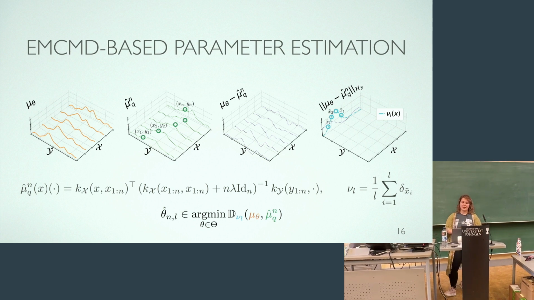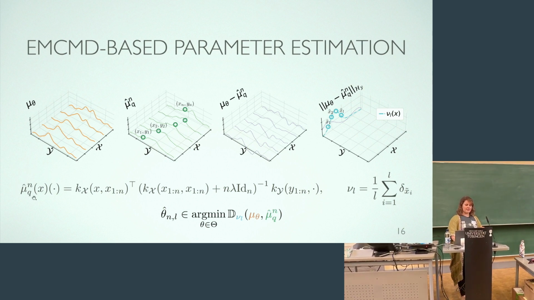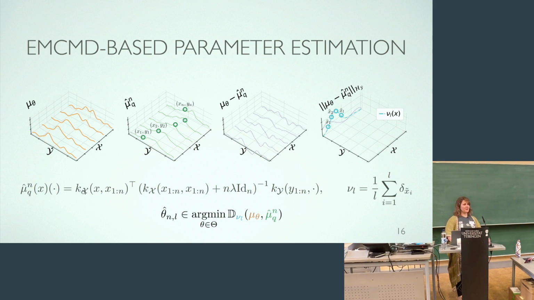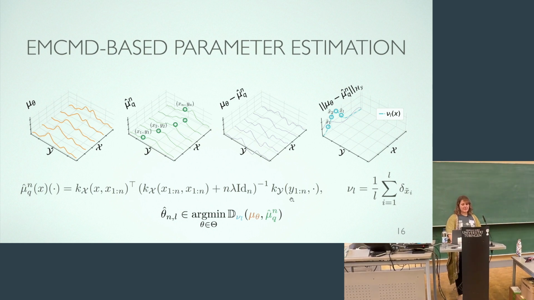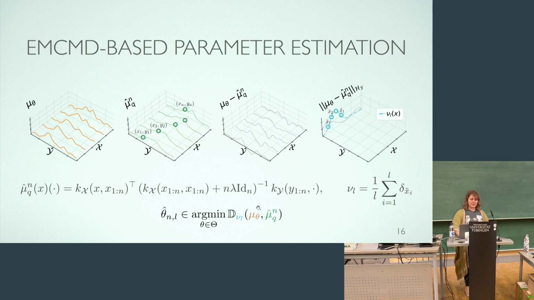Or is that? You can think of this approximation to the conditional kernel mean embedding as putting a certain prior on the true value of the conditional kernel mean embedding. You're assuming some additive noise, and you're taking these ky's of yi as noisy observations of the true conditional kernel mean embedding, but that